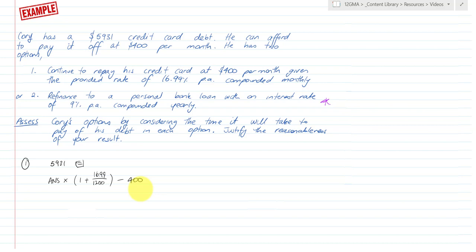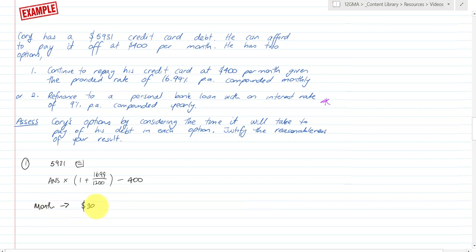So I start with the 5931 equals, then I multiply that by 1 plus fraction bar 16.99 over 1200. Don't like decimals and fractions, but these questions you'll see it a lot. Close brackets minus 400 and press enter, and that's the first time, and I get $5,614.97, just so you can check that you got the same thing. So this is 1 month, and then I've got 2, 3, 4, 5, 6, 7, 8, 9, 10, 11, 12, 13, 14, 15, 16,